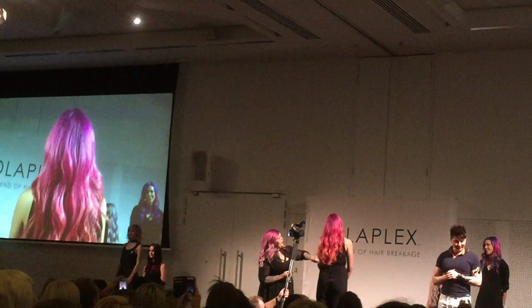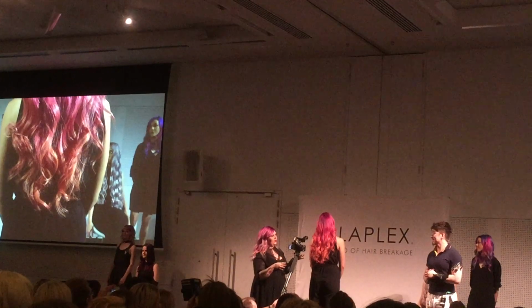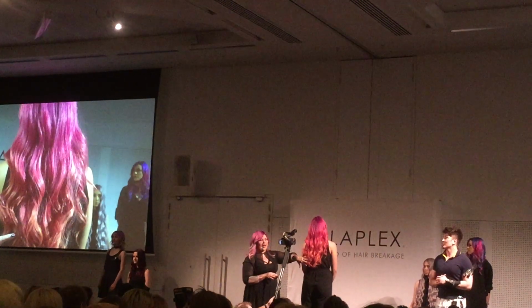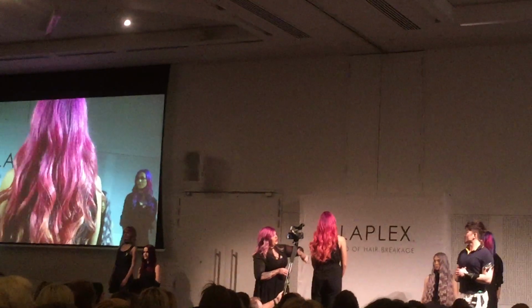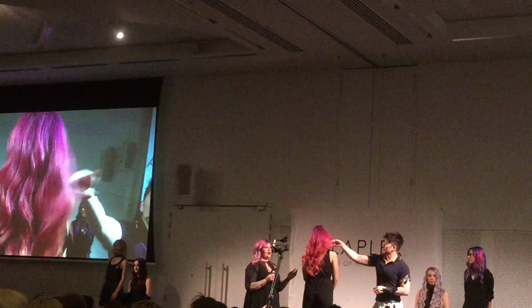So we pre-lightened her. They pre-lightened her to a level 9, but I don't know if we have a before picture of the pre-lighten, but it was quite really gold, to be honest with you. It was kind of like a level 8 along the ends. So I wanted to do a direct dye, but you're sort of limited at that point, because if I wanted to do like a pastel blue or lavender or silver, it's just